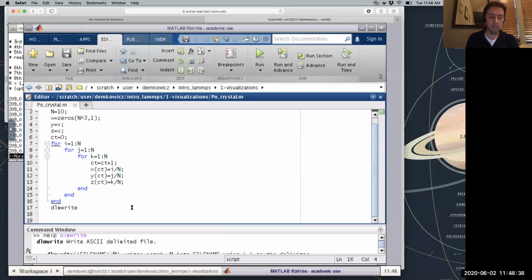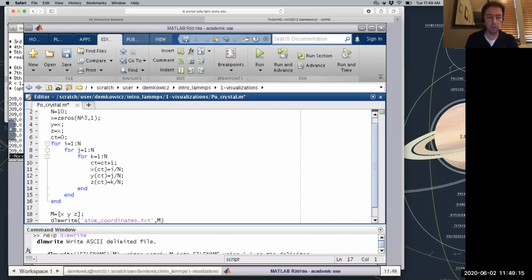I'm going to edit this afterwards, as you'll see in just a second. So dlmwrite. I'm going to choose for myself a name of a file that has to come in single quotes because it's a character. So let's call it atom_coordinates.txt. I'm going to make it a text file, and I'm going to write out an array m, which I haven't defined yet. I'm going to define it here. The way you define arrays in MATLAB is you can put vectors into an array. I'm going to have x, y, z.